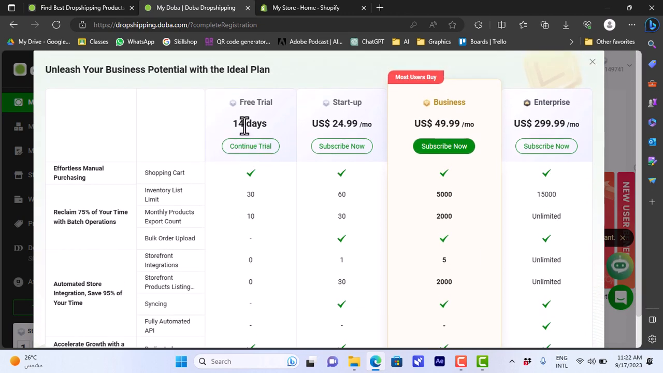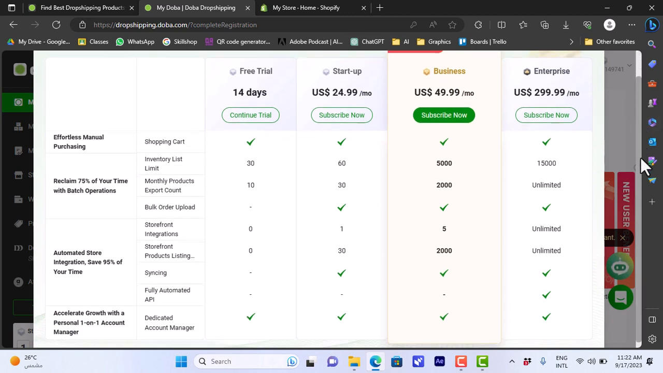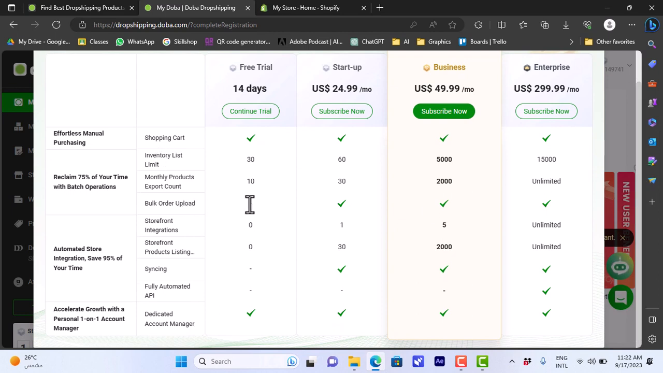They give you a 14 day free trial, and then once you end the trial and you want to continue using Doba, you can sign up for the startup plan, the business, or the enterprise plan. Of course, the startup will cost you about $25 per month, or $50 for the business, or $300 for the enterprise plan. And you can view here the benefits of each plan, and you can compare the details of each plan here. So you can choose the plan that works for you. Now for me, I'll just continue the trial. So I'll click on continue trial,